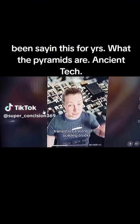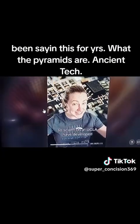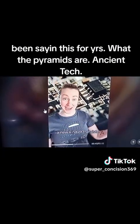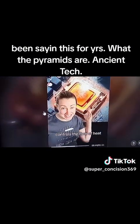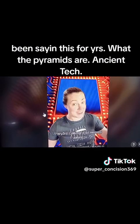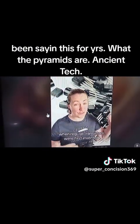Transistors are one of the building blocks for all electronics. They're the on and off switch and the amplifier. So scientists at UCLA have developed a new kind of transistor that, instead of controlling the flow of electricity, controls the flow of heat. They're calling it a thermal transistor, and it could have more uses than just keeping computers cool. When regular transistors were first invented...